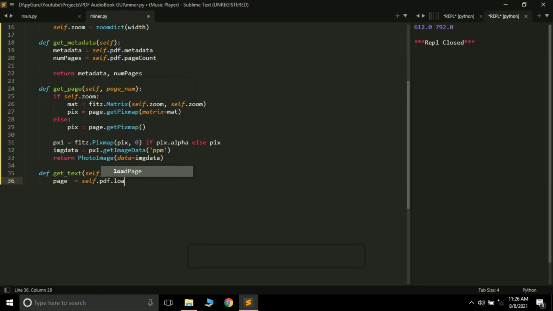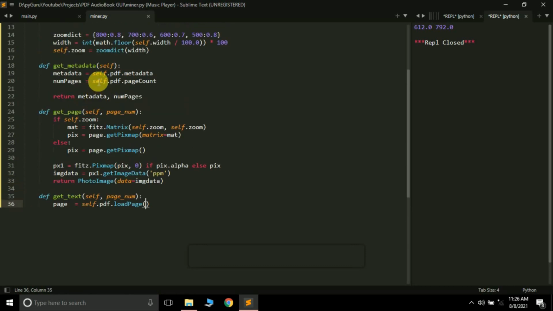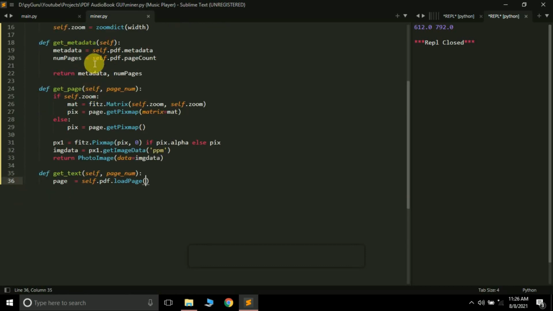So self.pdf.load_page. Using this method we will be able to read the PDF page, display the PDF page, and show the PDF metadata like the writer, author name or something like this, and the number of pages.